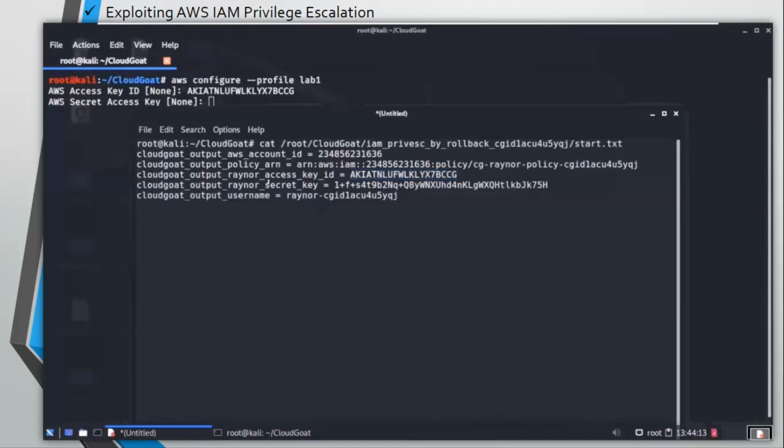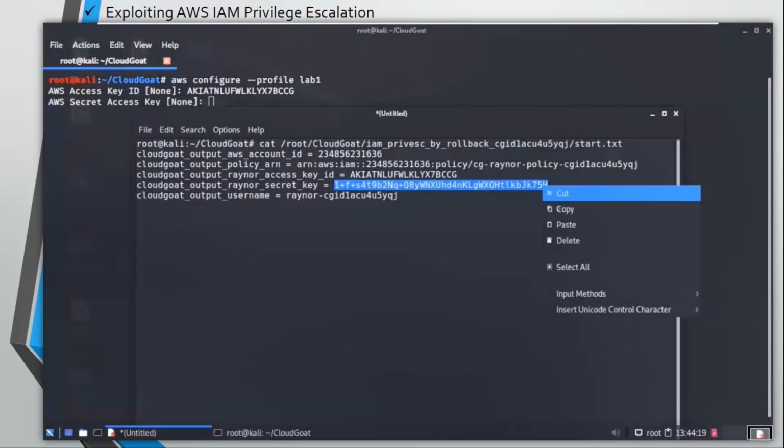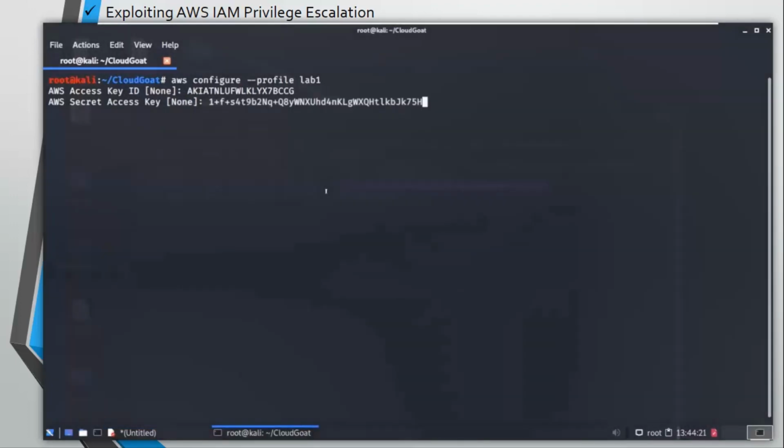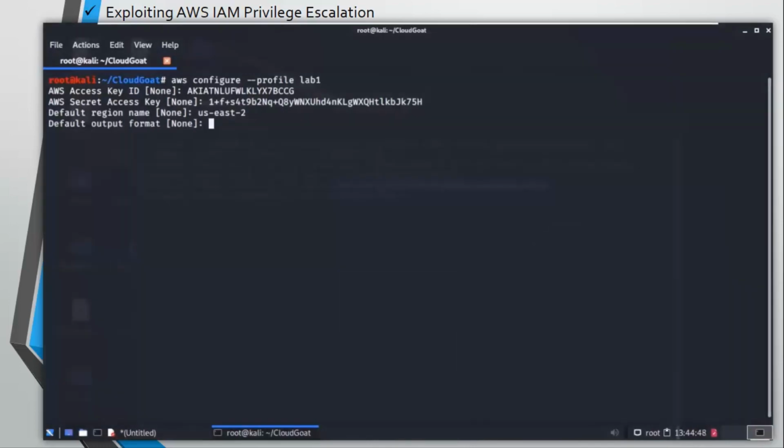Do the exact same thing with the secret key. In order to avoid mistakes, just copy and paste it. Do not try to write it down. You can enter any AWS region here and leave the default output format as none, so it's going to be JSON by default.